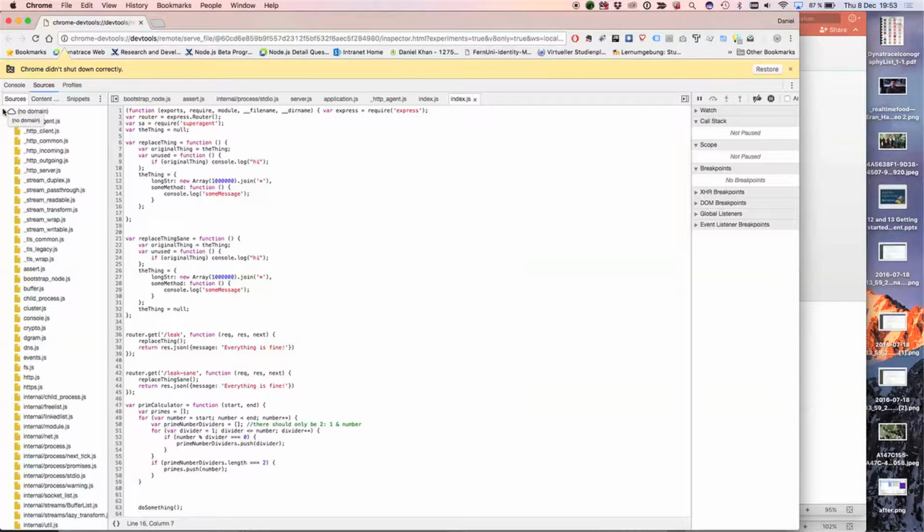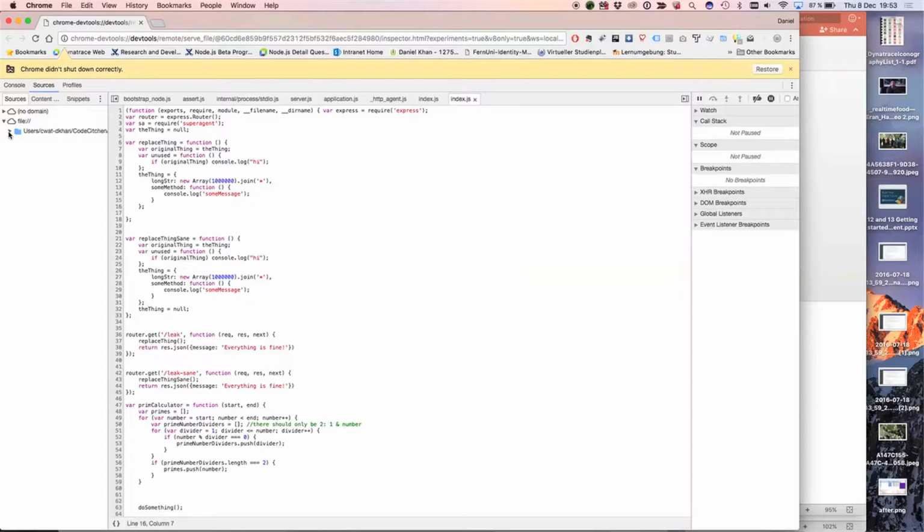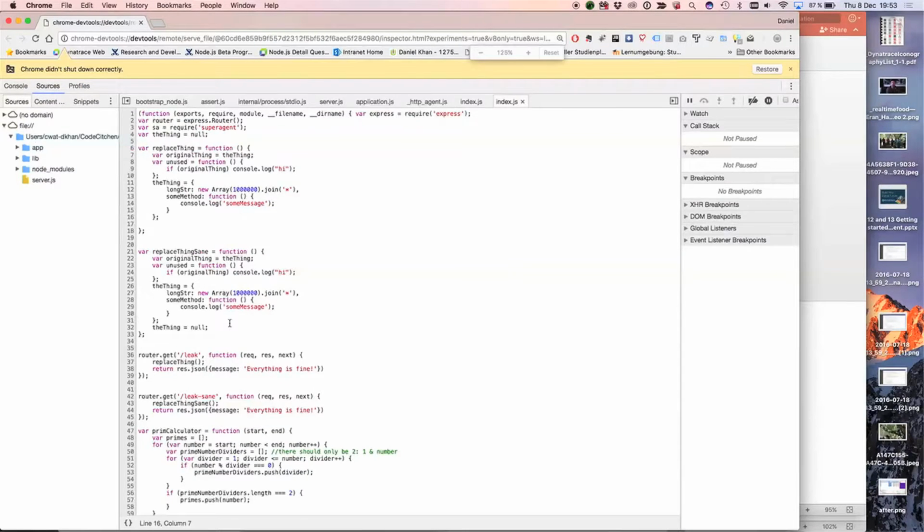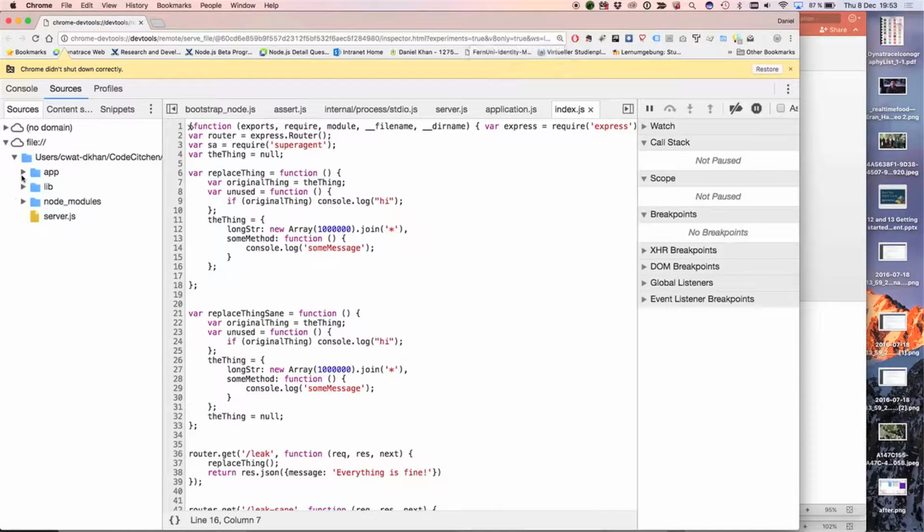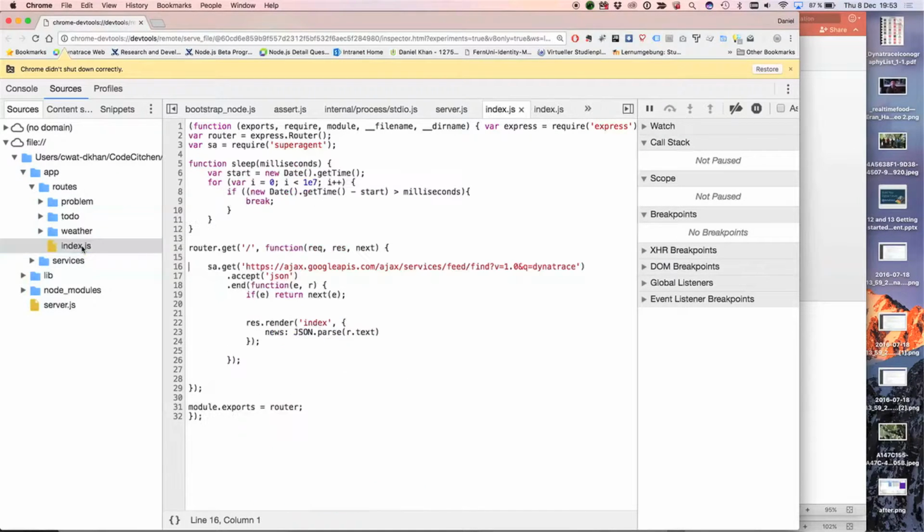Then I can look here into sources, and I think that's actually quite neat. So when I look here, I have all those core things that are loaded already, and here I have all those. Can you read it even, or should I make it a little bit larger? Let's do it like that. Let's go here into routes, index.js, and here I can again, for instance, create a breakpoint, and it will work again like that. Or I can even make something like return